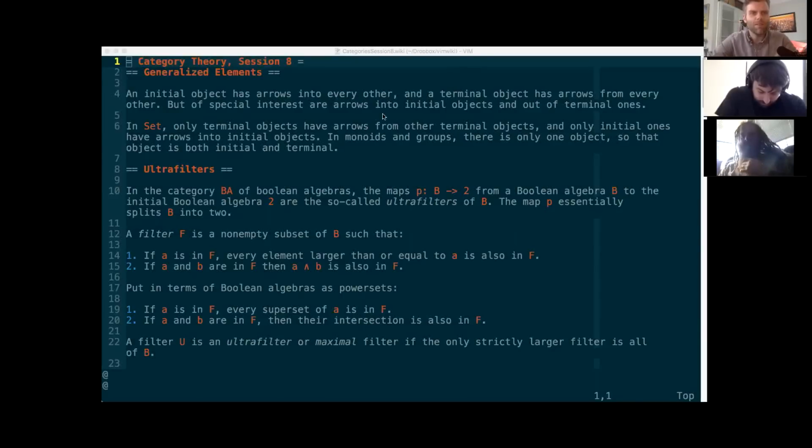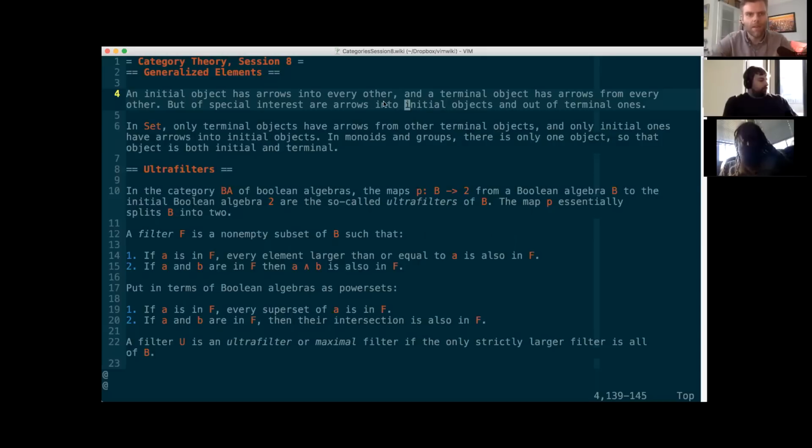All right, cool. So the reading for this week was 2-3, chapter 2, section 3 on generalized elements. So he considers initial objects, arrows into initial objects and arrows out of terminal objects. Normally, we think of an initial object as an object that has an arrow into every other object,